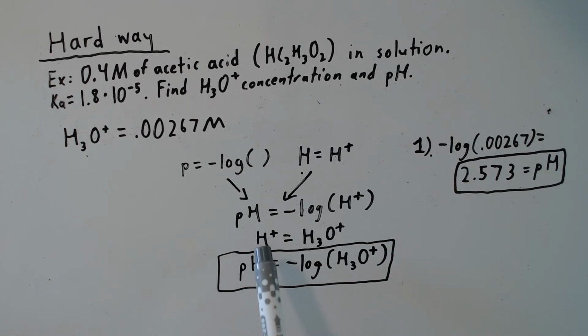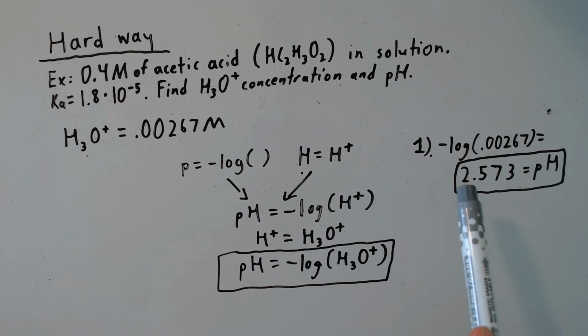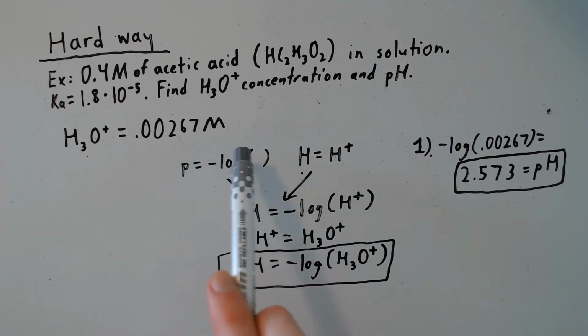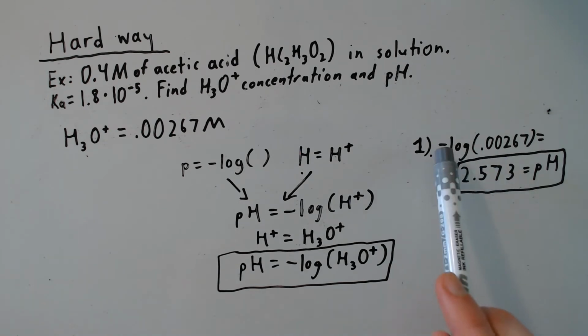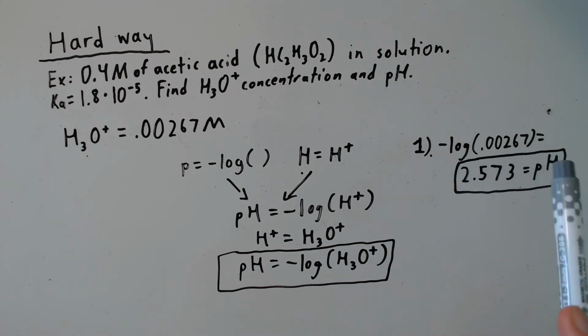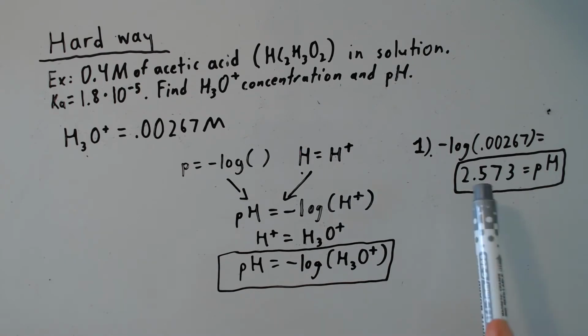We also know that the H+ concentration from the acid equals the H3O+ concentration in this solution, because all of the H+'s combine with water to form H3O+. Therefore, the pH of the solution equals -log of the concentration of H3O+. So, we just simply plug in this concentration of the H3O+ into the -log formula, so -log of 0.00267 right here, and we get a pH of